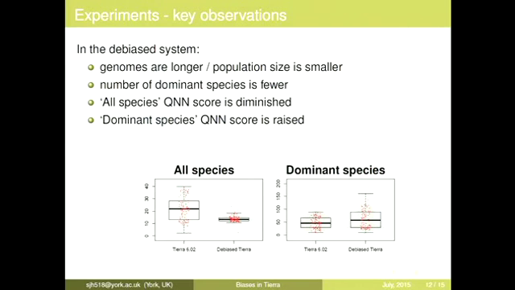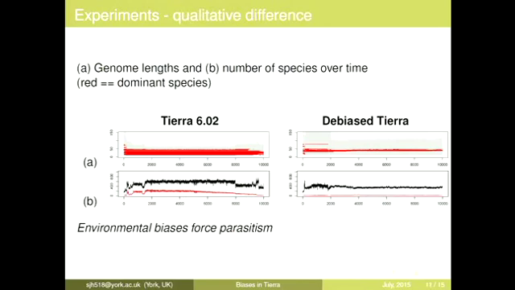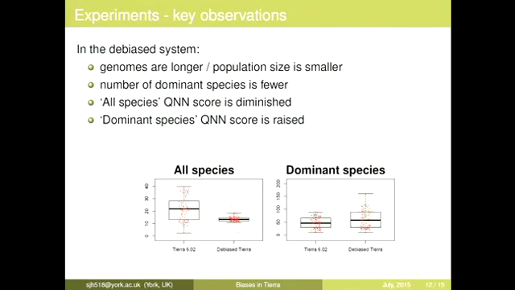How do the dots in the all species map to the dots in the other group? Like, are the very species-rich simulations in a specific area in the other graph? Oh, okay. So this red dot here is some of the evolutionary activity for all of the data. I'm trying to go back, I'm failing. So all of the data in this run is compressed into that one number there. So that's that run there. Sorry, I should have said that before. I didn't explain myself properly. In the all species